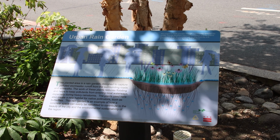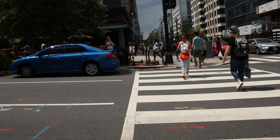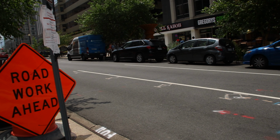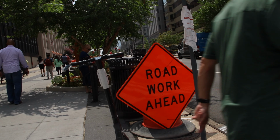US capital. The urban rain garden is located on the intersection of 19th Street Northwest and Lower Street Northwest, and is situated on both sides of Lower Street Northwest. On a busy day, you might cross over the street without giving the gardens much thought. However, a short glance over your shoulder will reward you with a glimpse of this small green oasis within the